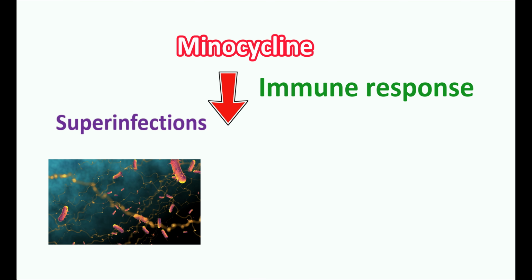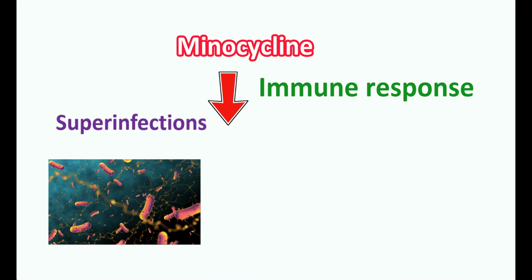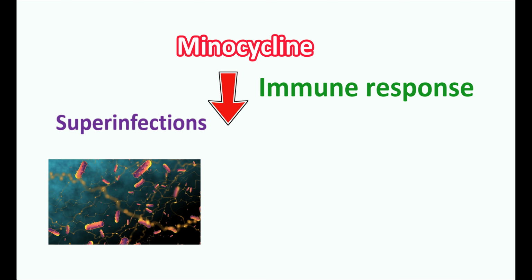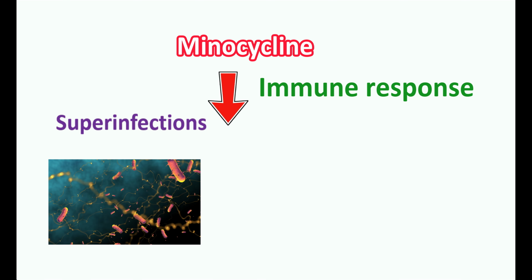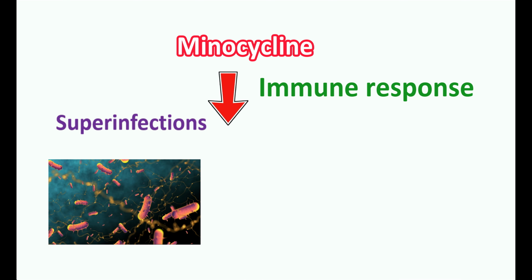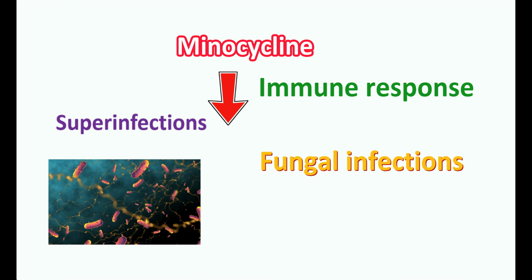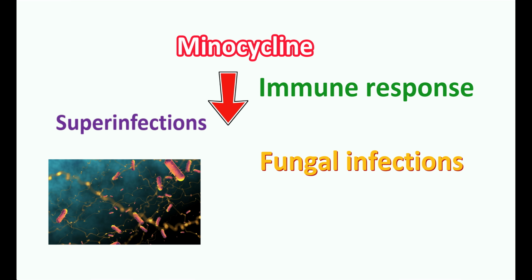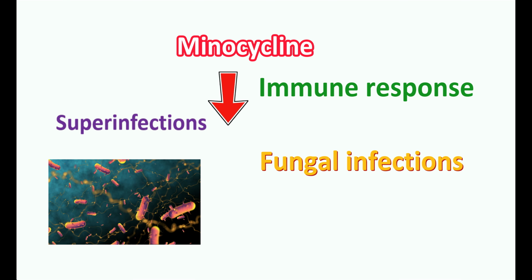Minocycline is a tetracycline that is effective against bacterial infections. However, it may also alter immune response. That's why the development of superinfections may be possible with use of minocycline. Whenever this medication is improperly used for treating infections, superinfections may again be developed. Particularly, use of minocycline may develop fungal infections, and in a few people it can also develop bacterial infections. Therefore, minocycline should be properly used for the right indication, and in case of any development of superinfections, this drug